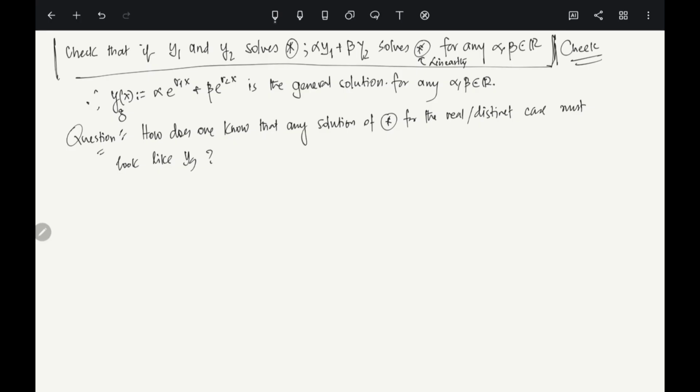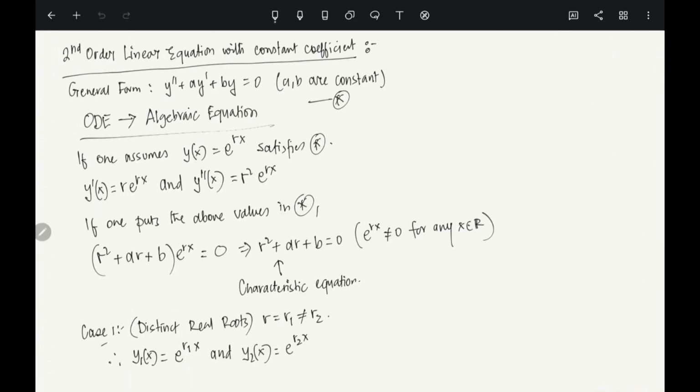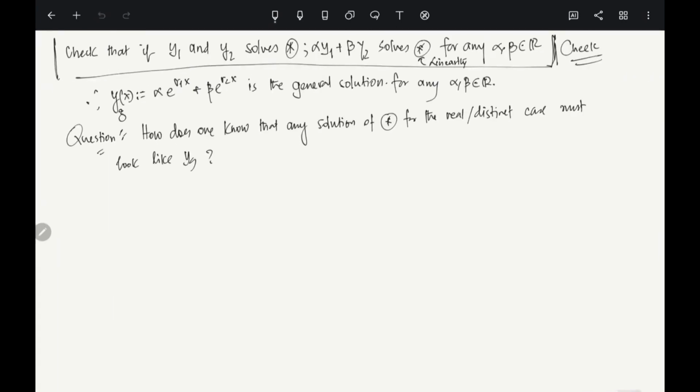See, general solution is nothing but all possible solutions. Okay, see, this equation is a linear equation. y equals 0 is of course a solution. You do realize that, right? So y(x) identically equals 0 is always a solution. Okay, now basically we are trying to find the other non-trivial solutions, and what I am trying to say is